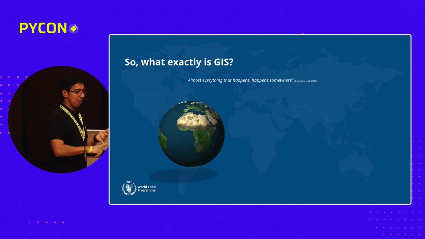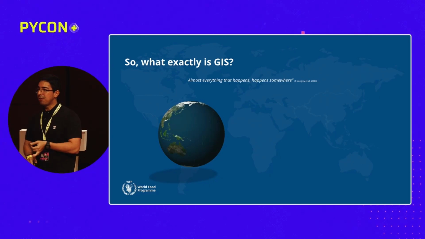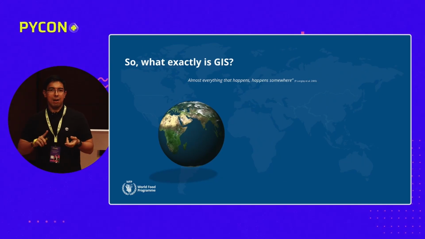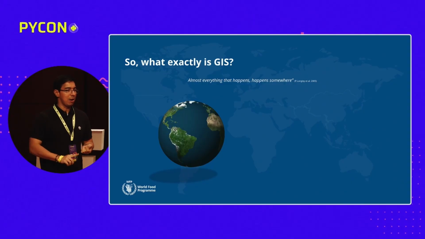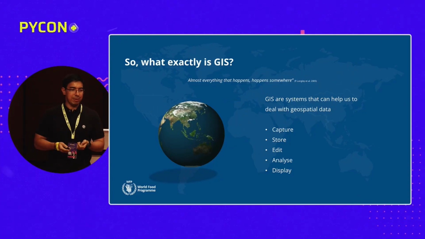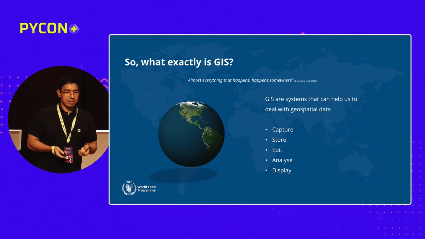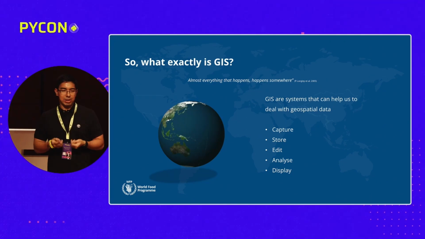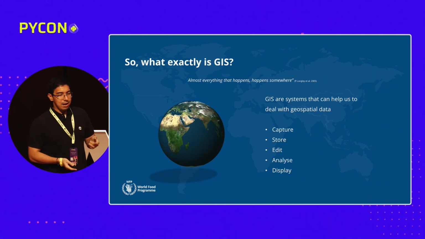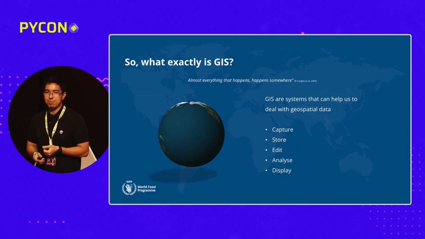locations of points of interest. Where is the nearest hospital from the university? Or you have the name of the university, addresses. You have information about temperature. You have information about rainfall, and so on. So basically, GIS are systems that can help us to deal with data. And we can capture, we can store, we can edit, we can analyze, and also we can display all this